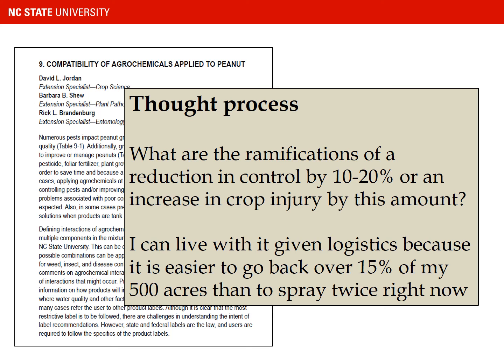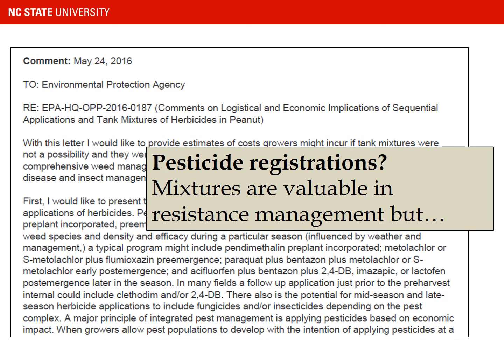And again, it goes down to the logistics. And then maybe if I have a failure in weed control or poor weed control and have to go back over 15% out of 500 acres, maybe that's in my farming operation that's better to do than to start doing the sequential applications that I've talked about before. We would often say apply things sequentially if you can, but then most people want to know, well, what are the ramifications if I can't, because it has to fit into my logistics. So